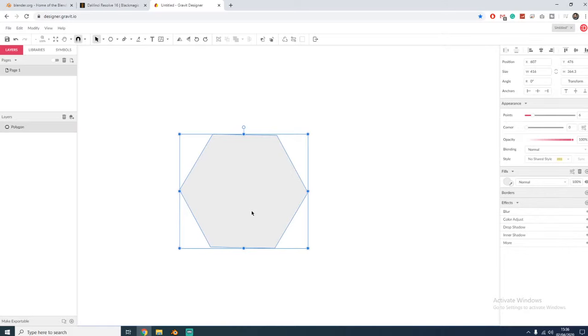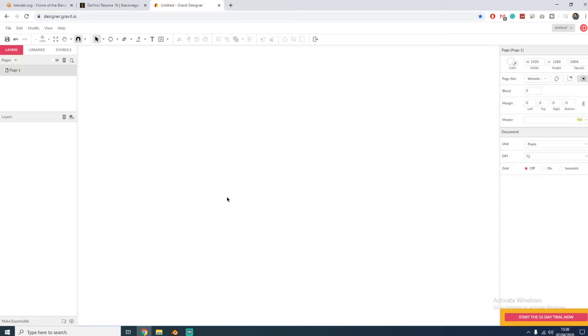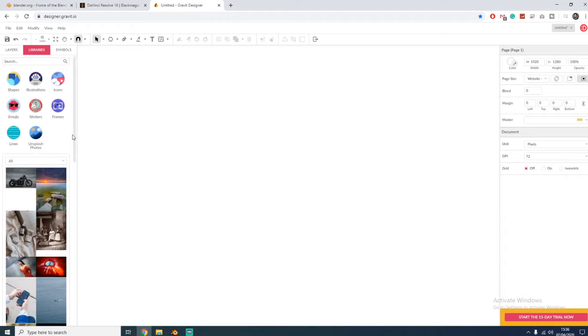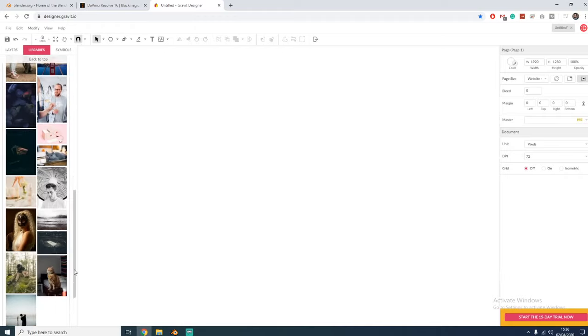So before we start, we need to understand the difference between an object which is bitmap and an object which is vector. The good thing of Gravit is that there are a lot of libraries of shapes, illustrations, icons, emojis, stickers, frames, and more, but you also have a direct connection to Unsplash. Now, probably all of you know Unsplash,